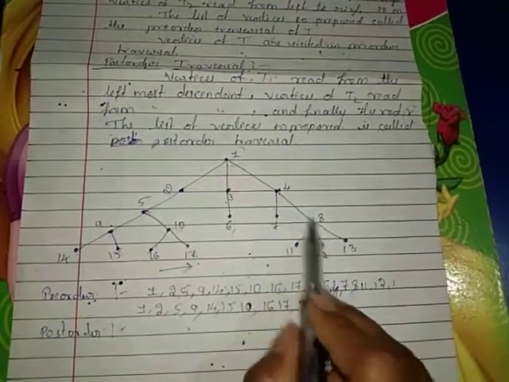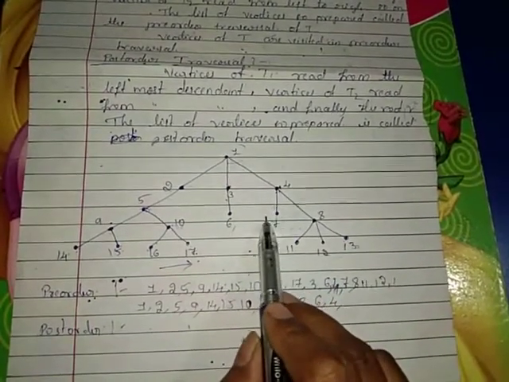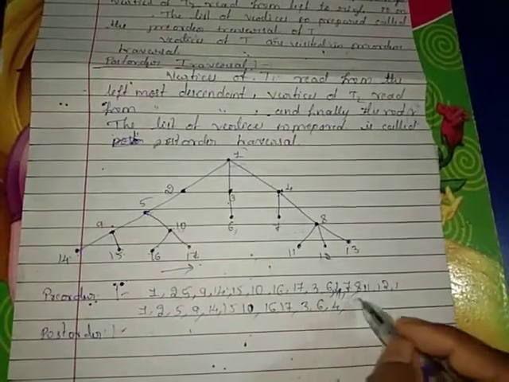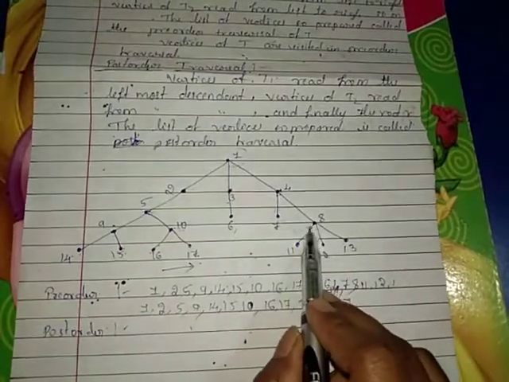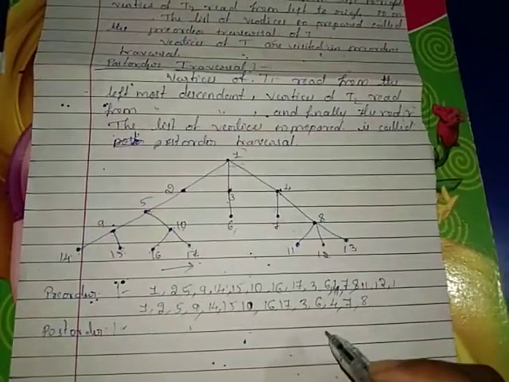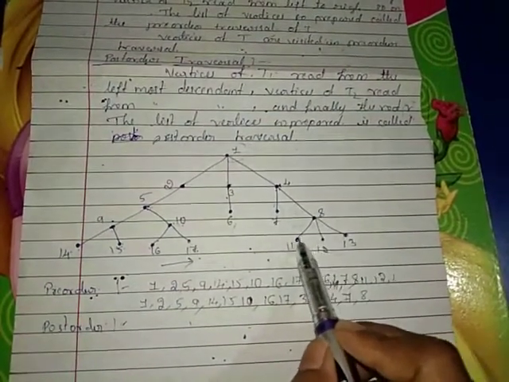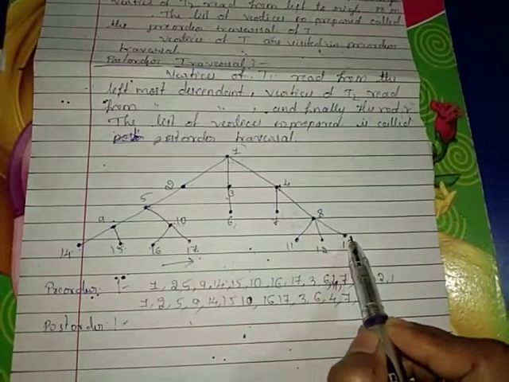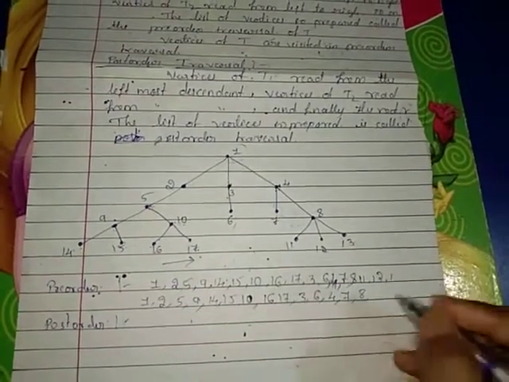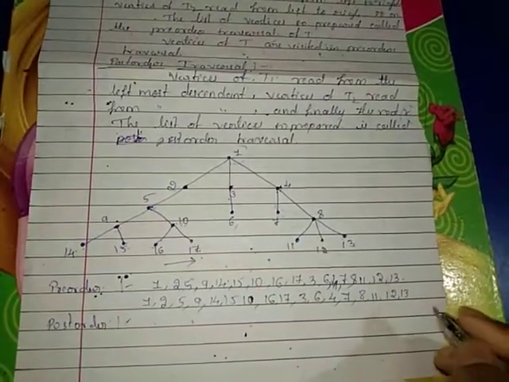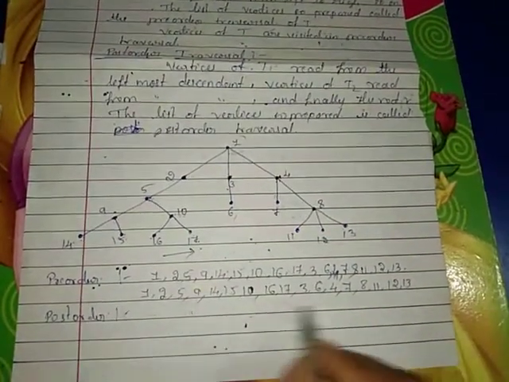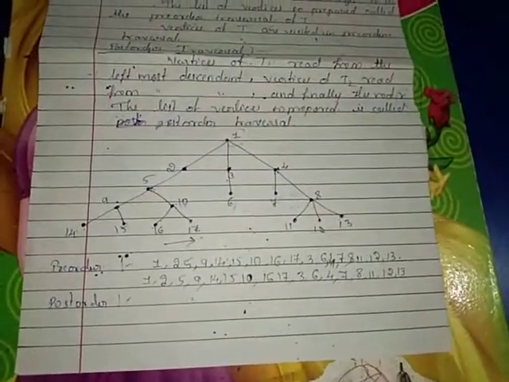4 is divided into 2 parts, 8 and 7. We have to move from left to right, so 7 will be taken first. Next we move to the right side, where the subtree for the 4 is 8. 8 is again divided into 3 subtrees. On the left side first we have 11 and then 12 and then 13. So that is pre-order traversal.